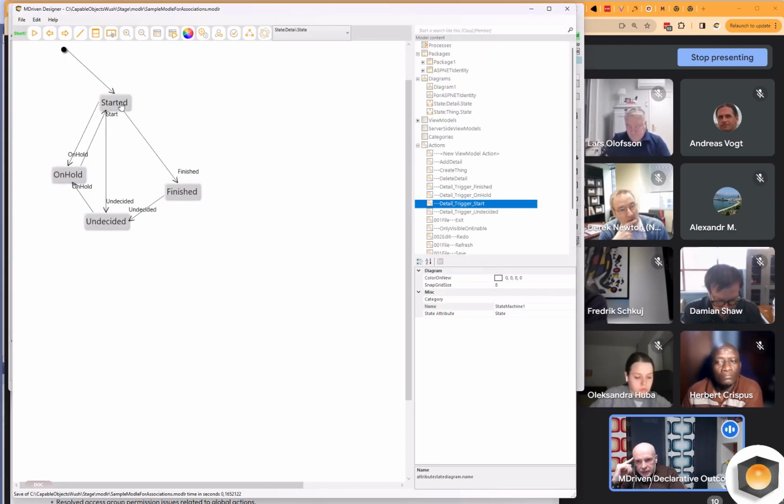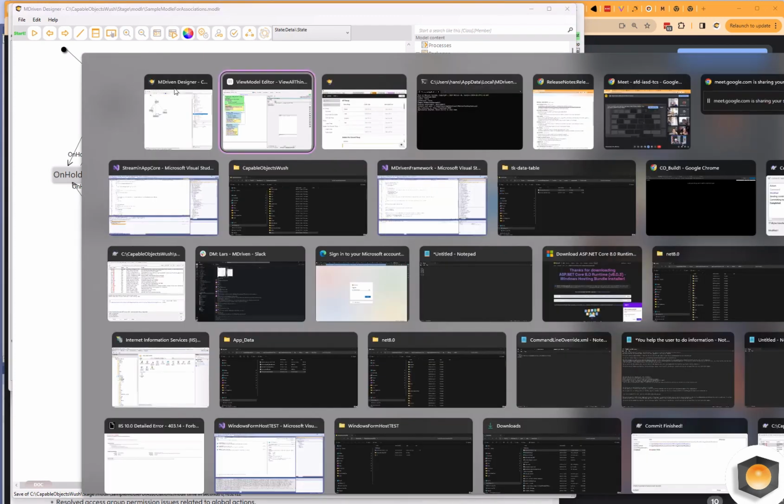So whenever you are in start, you can actually do quite a lot. You can do on hold, you can do finished, and you can do undecided. But once you're undecided, you can't do a whole lot. You can put it back on hold, etc. So there's limitations on what's opportune to load the user with information wise to keep them a bit unstressed.